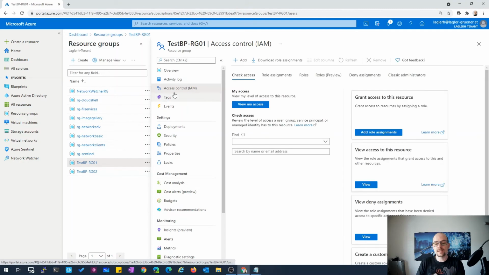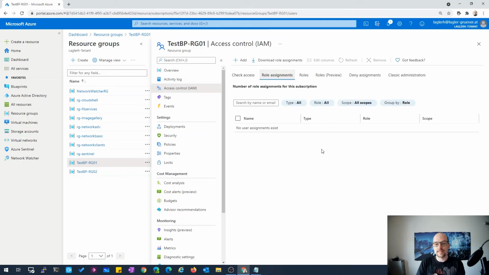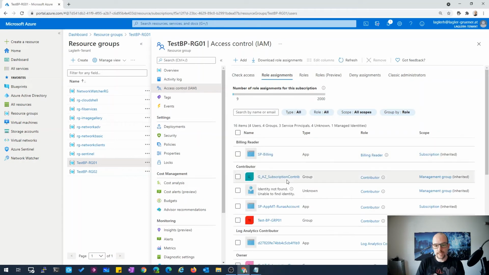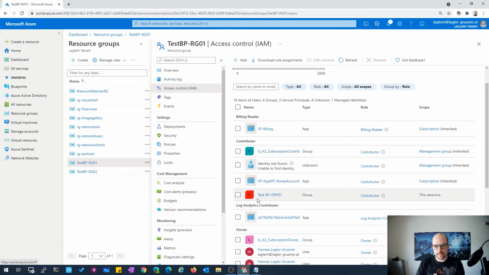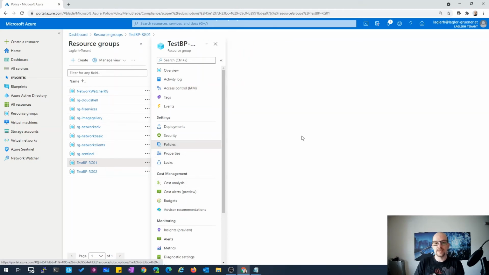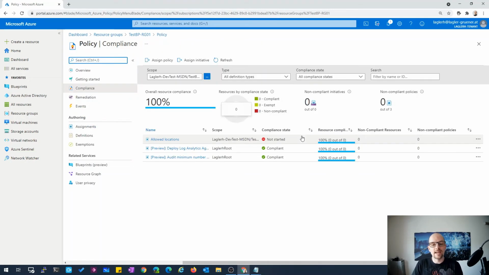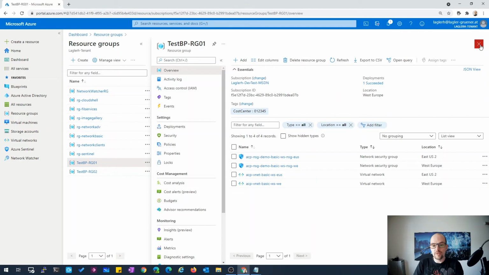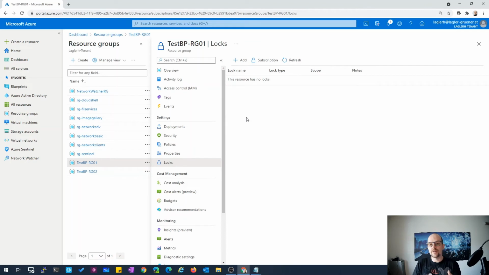You can see here the access control list. I've added a custom contributor permission, in this case the test BG group 01 as contributor. And when we have a look at the policies, you can see I have a custom policy, a single policy assigned with allowed locations. So this is everything done by my blueprint. Keep in mind there's no lock available,